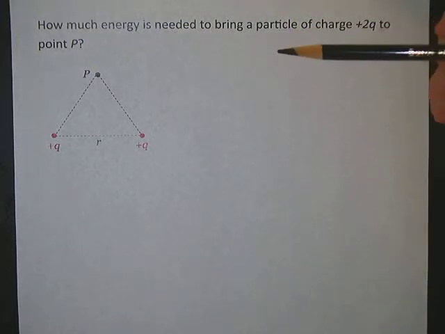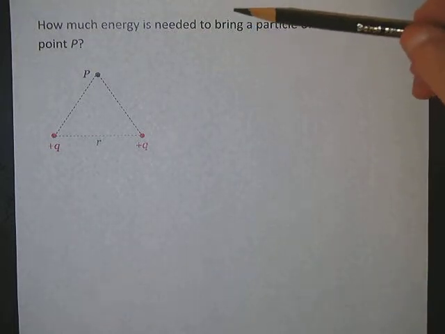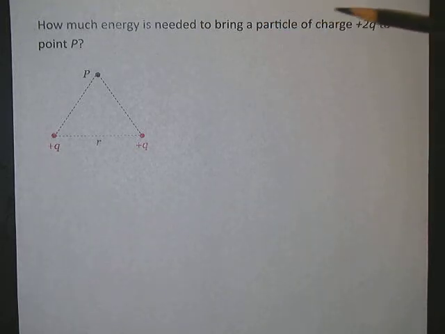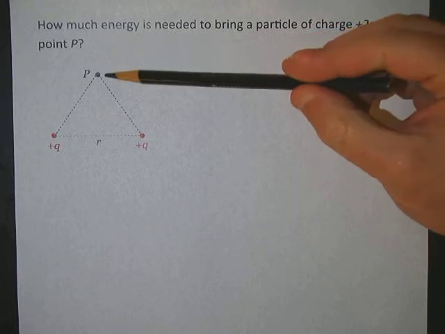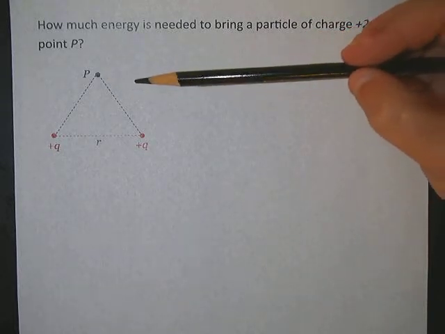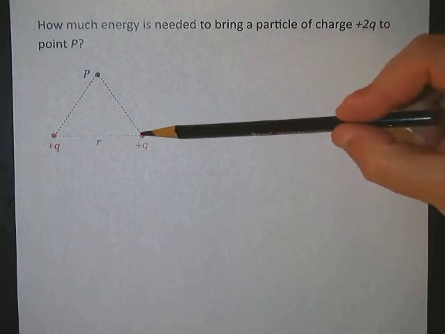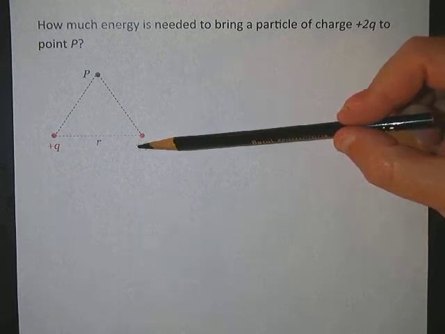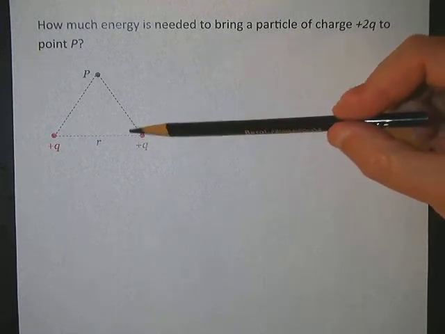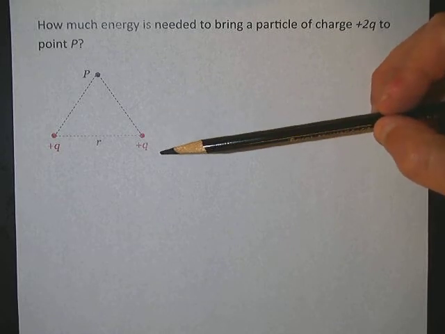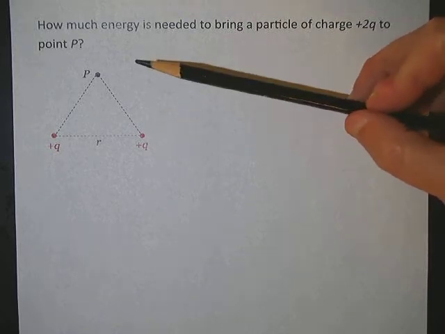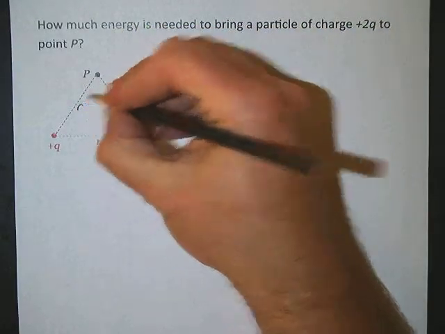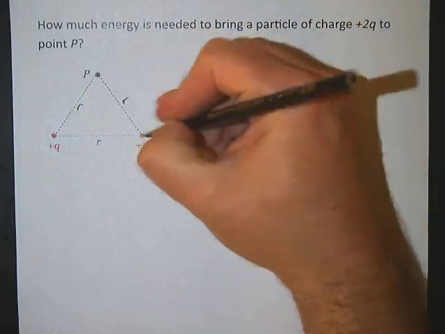Okay, so this is another typical type of potential energy problem. The question is how much energy is needed to bring a particle of charge 2q to point P. Now we're going to assume that this charge and this charge are somehow locked into place, that somebody else brought them to this position a long time ago and we don't need to worry about it anymore. I'm going to assume, also I didn't write it, that these distances are both r,